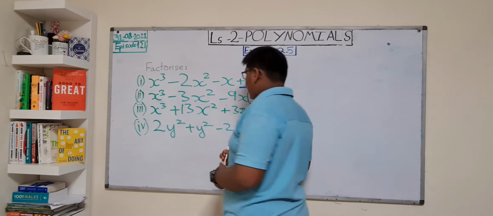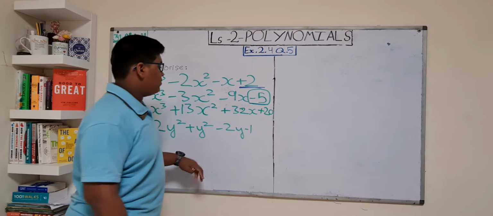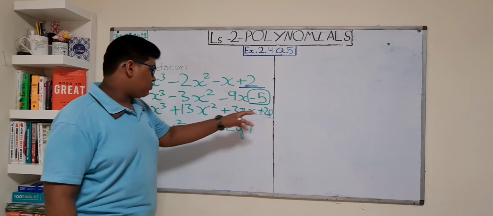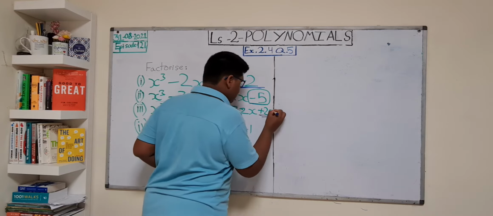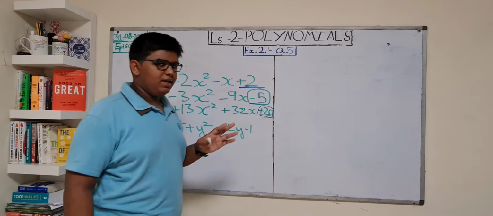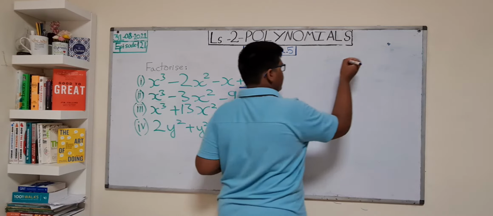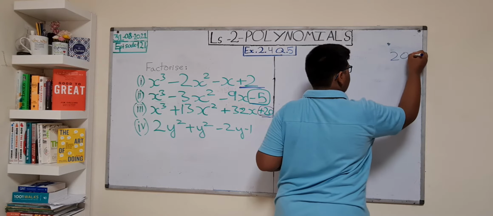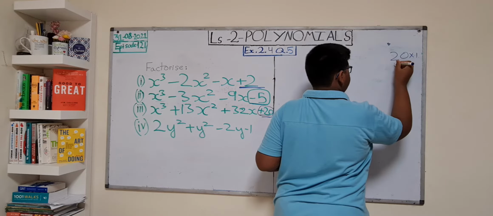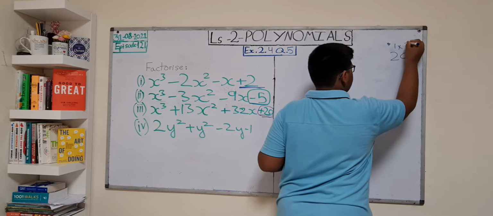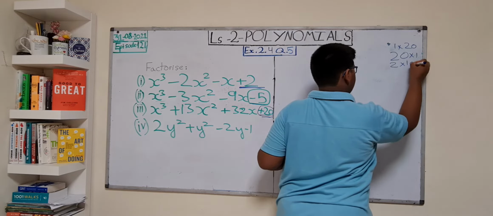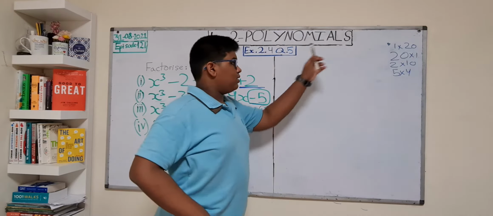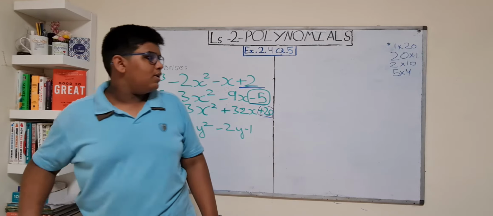So now we have to check in which number we don't have a variable. So 20 we don't have with a variable, right? Then we can take 20. Now if we take 20, we have to write the factors of 20. Now the factors are 20 into 1, or 1 into 20, 2 into 10, 5 into 4, and more. So these are the factors of 20.